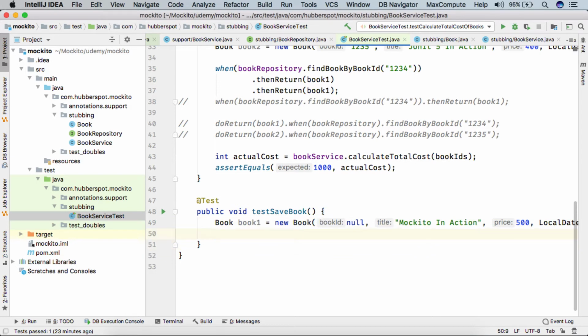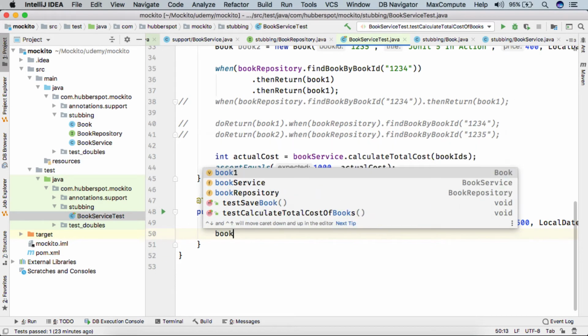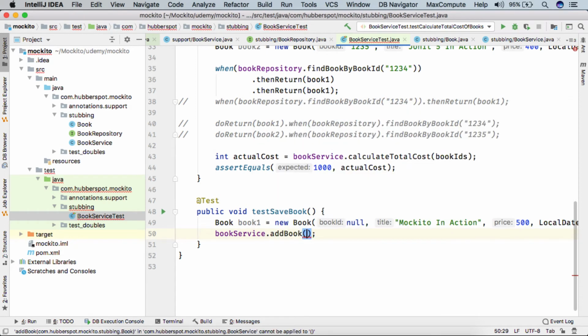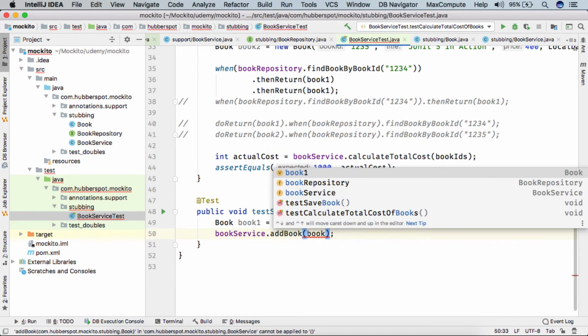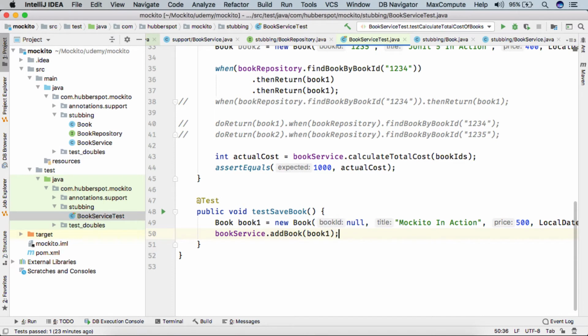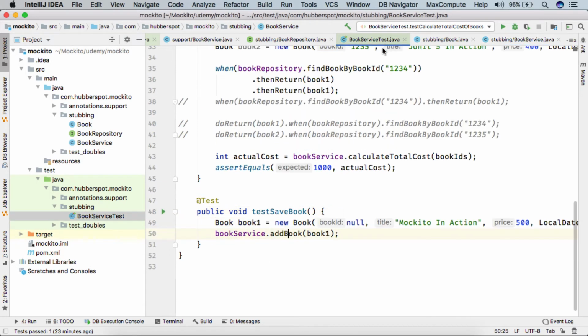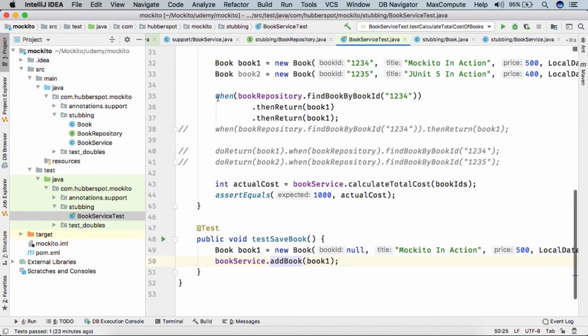Here we are calling the book service add book method. We are passing book 1. So when we run this test case, the book repository save method is actually a void method. So here in our book service test we can't use when with then return.